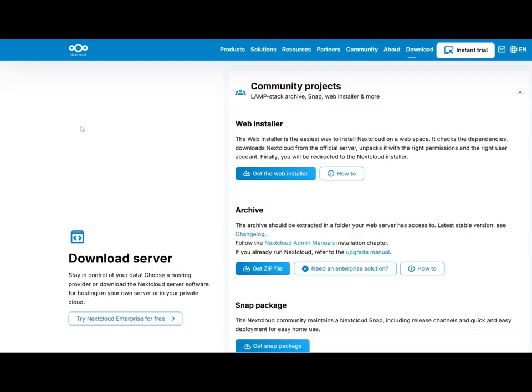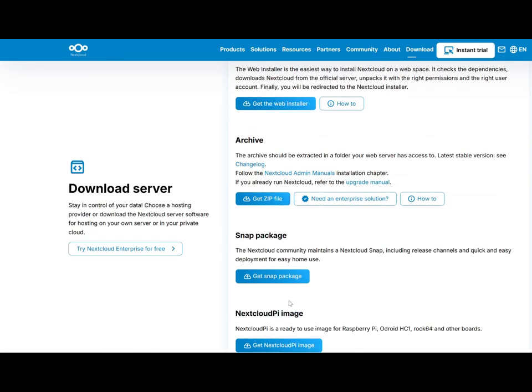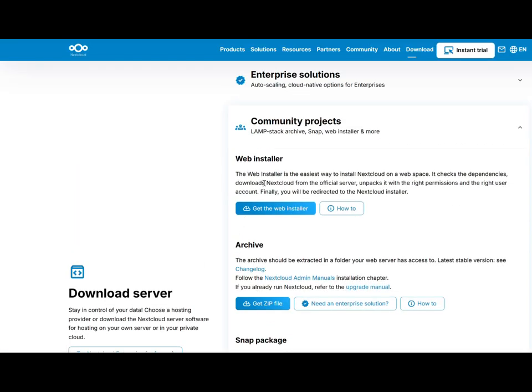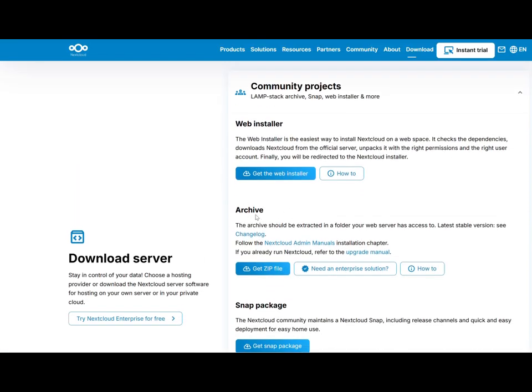Okay, update. So we did the PHP. Now it's time to download the zip archive of NextCloud, and in the lab it says, click on get zip file. It says you can't use the web installer, you can't use the snap or whatever the NextCloud image. Use the zip file, and click on the button to get the zip file. Well, instead of clicking on the button, if you look directly on your left bottom side right here, it'll show you the exact